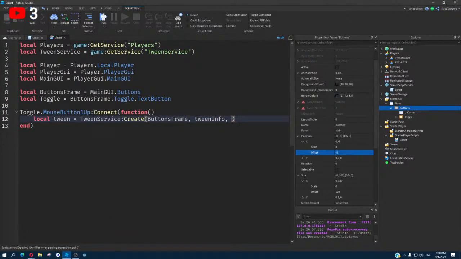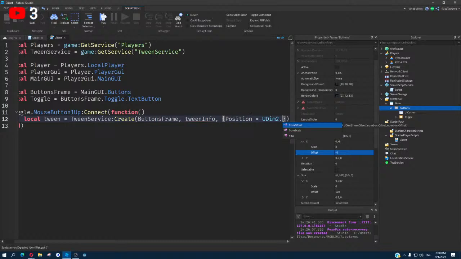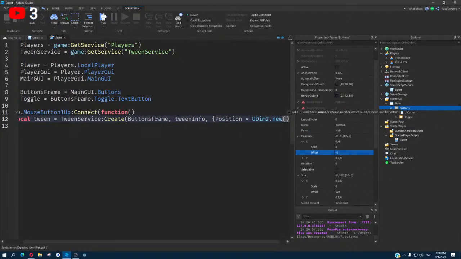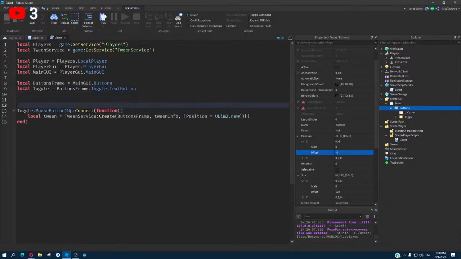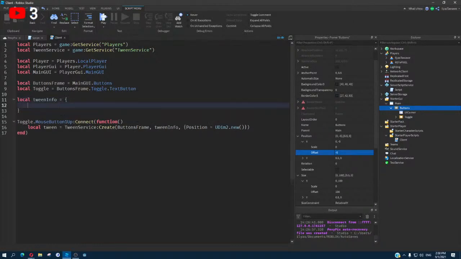All right, and then we need the properties. The properties are going to be about position equal to UDim2.new. And of course, I do need the tween info. So let's do something: tween info equal to a table. Inside this table, I'll say buttons frame open. And then I'll create here TweenInfo.new